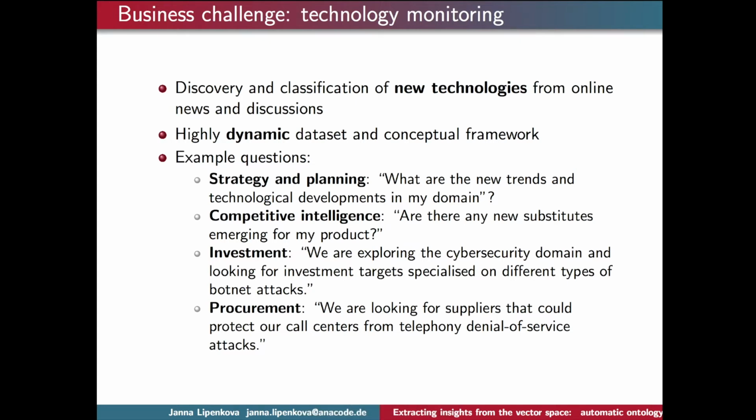In general, what we do at Anacode is market intelligence for companies based on online data and specifically text data from the web. So this can be different kinds of data. Obviously, we use a lot of social media, but then also other data types such as business press, general press, specialized press, and also more technical publications such as patents and scientific papers.